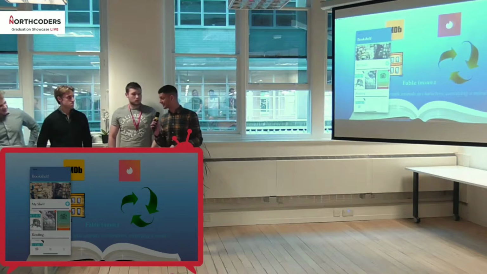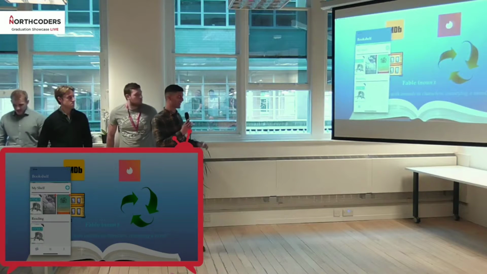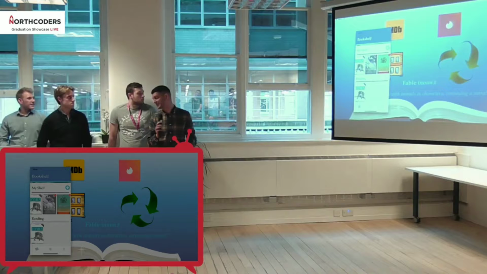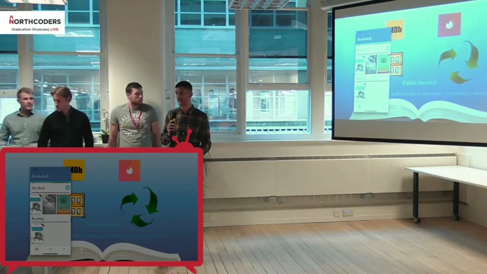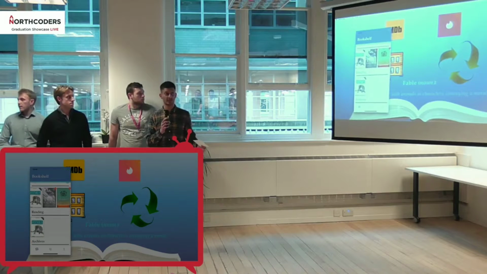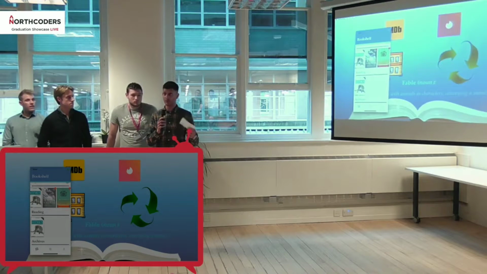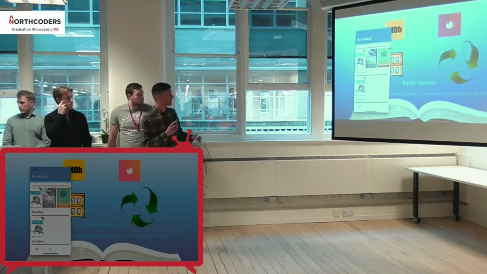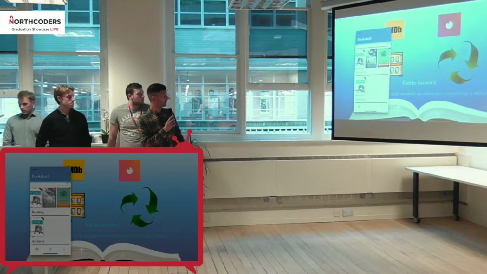We were just having a few technical difficulties before, so unfortunately I can't really show you that live right now. But one of the key features of the app is, as you can see, the books travel everywhere, depending on where the users are, and your location plays a key part in that. So what you can do is click on one of the books,